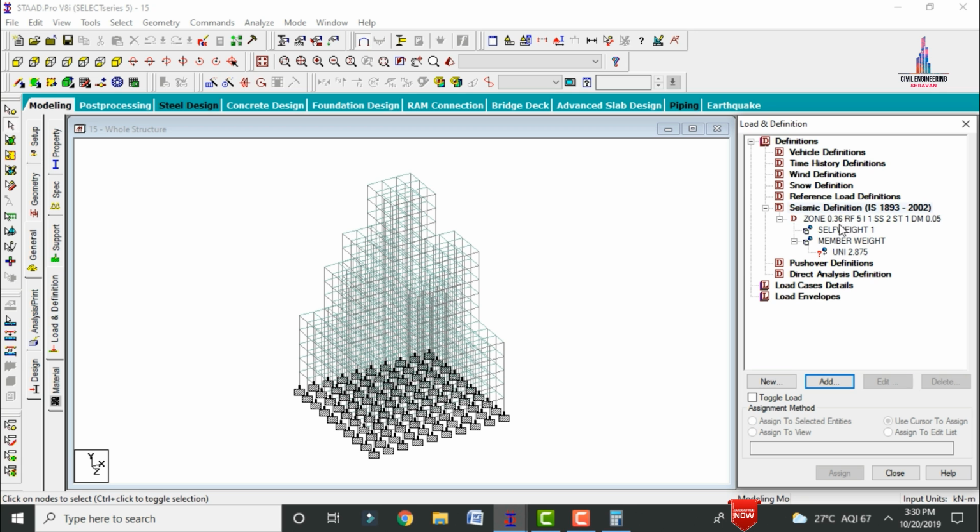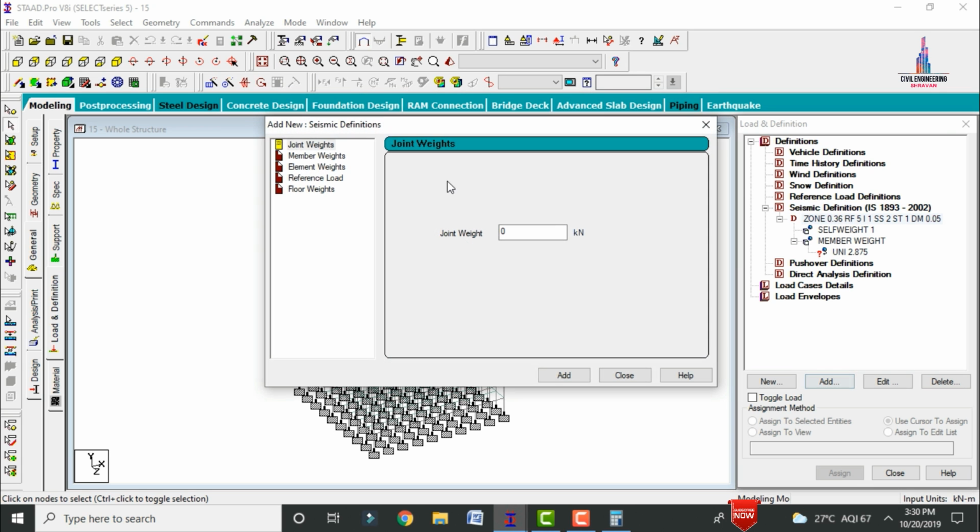Along with that you can add the weight for the respective slab section also, the element weights, which are related to the external wall load and internal wall load. So here I'm randomly adding external wall load. We need to calculate that respective intensity, which equals 0.23, the thickness of the wall, multiplied by the unit weight of the brickwork, 20, multiplied by each floor height, so that we get the value of 13.8 here.